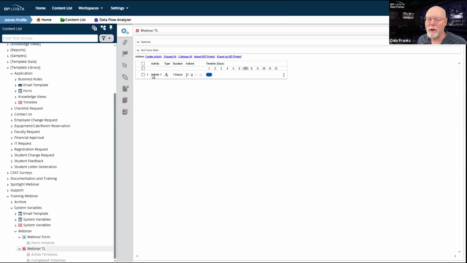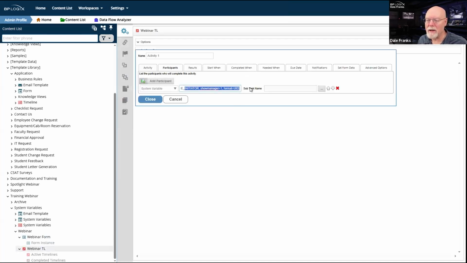And all I have to do is set up that system variable properly to show the manager and to also specify the UID so that it uses the Process Director UID to specify the correct user and assign the task to that user UID. So that format equals UID is super important because there's no user in the system that Process Director knows as Diana Stewart. Process Director only knows users by their UID. But now, whoever submits a form, the first approval task now just simply gets assigned to their manager.